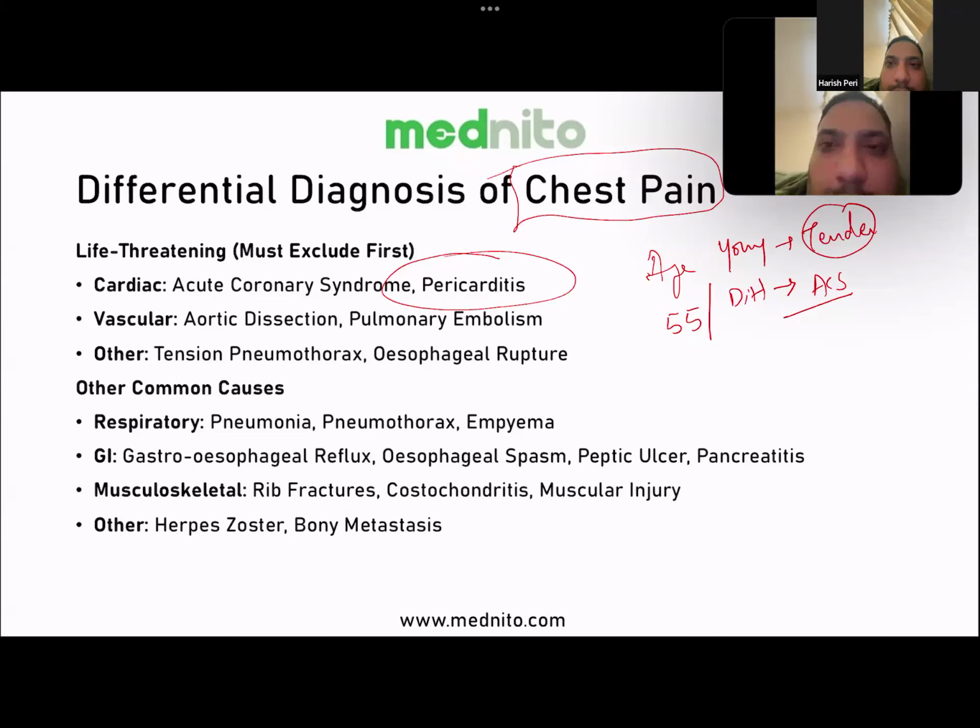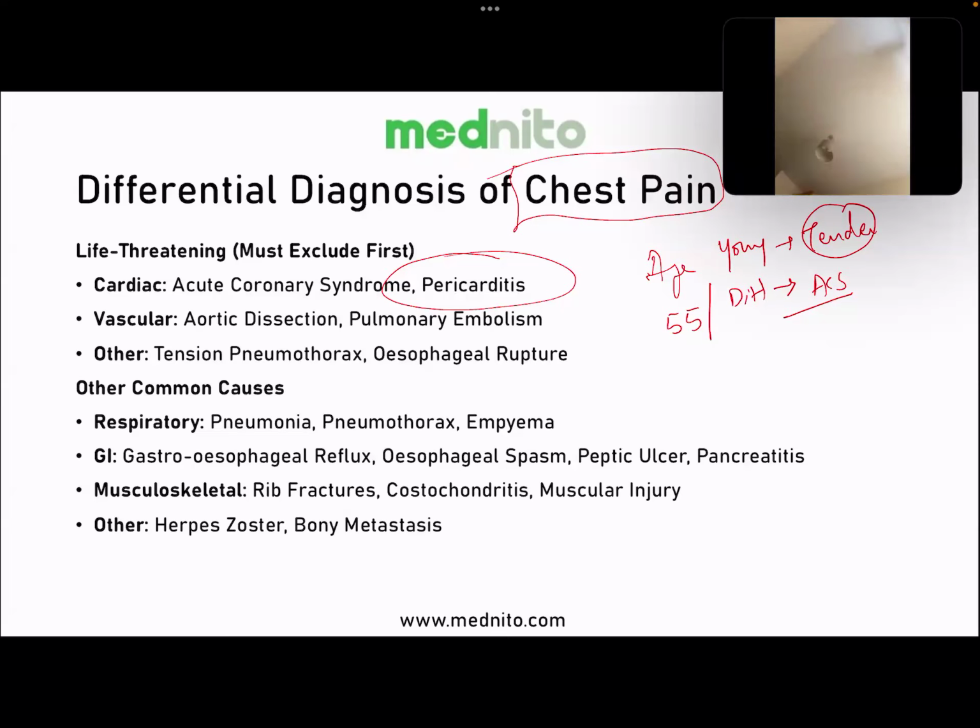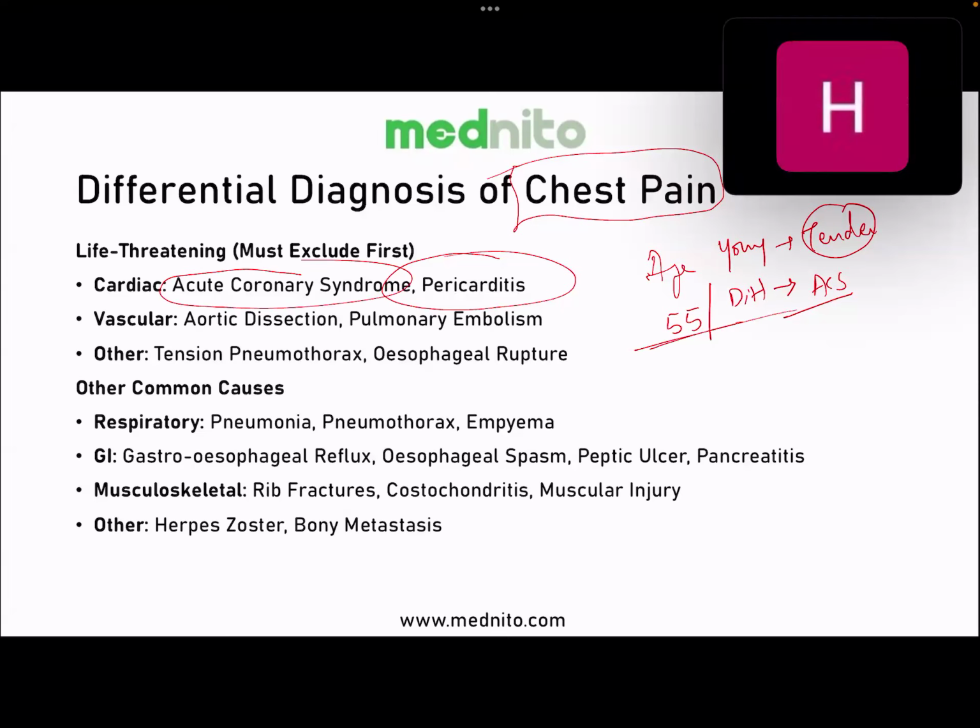Sometimes the examiner can also talk to you about acute coronary syndrome, which we discussed: a 55-year-old with hypertension and diabetes is ACS until otherwise proved. In ACS, the examiner can tell you about two things. One is STEMI and another one is NSTEMI. Remember, the most definitive treatment they will ask you, because they want a junior doctor to save the patient's life, is percutaneous coronary intervention. That is one thing you will have to remember.